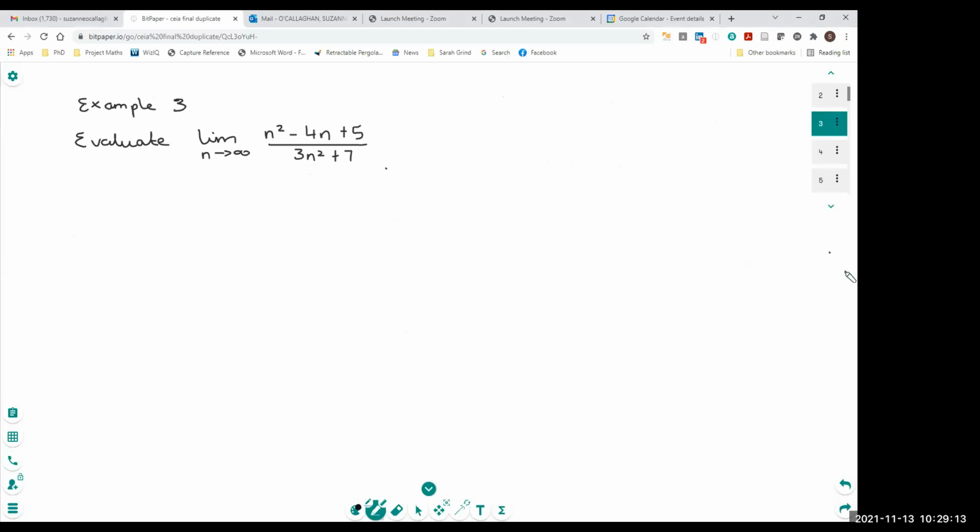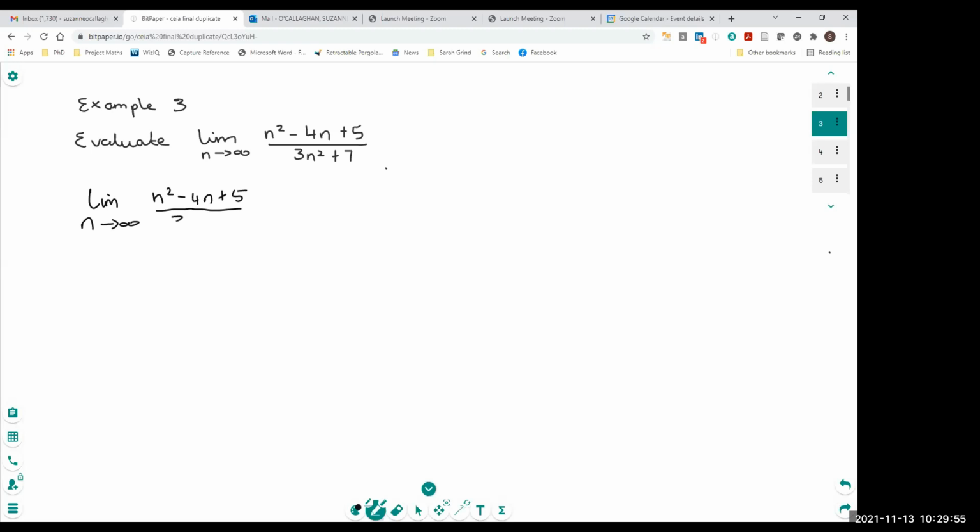So we have an example here. Evaluate the limit as n approaches infinity of n squared minus 4n plus 5 all over 3n squared plus 7. So the solution there would be to divide above and below by the highest power of n. So we have the limit as n approaches infinity of n squared minus 4n plus 5